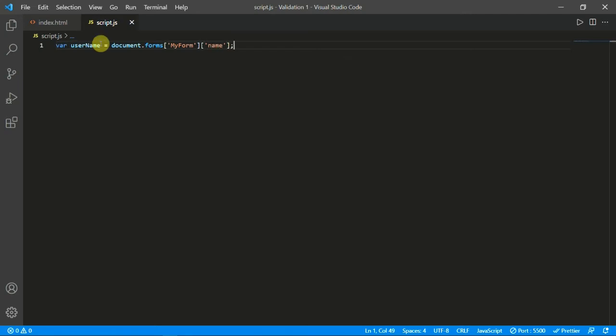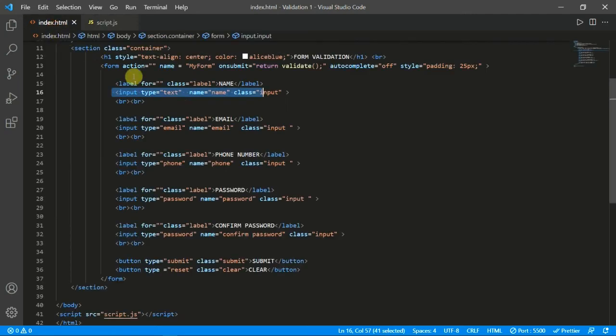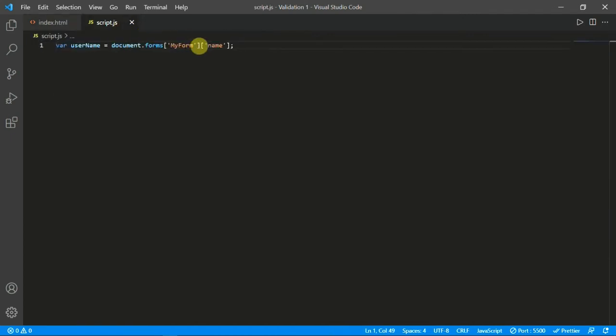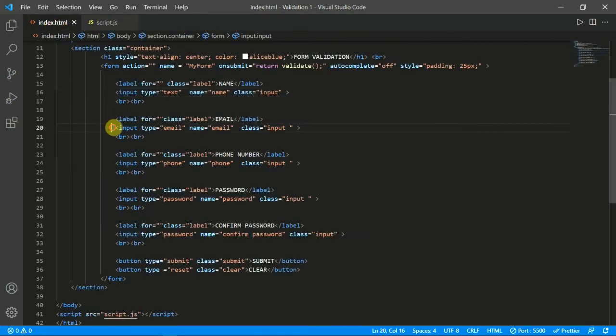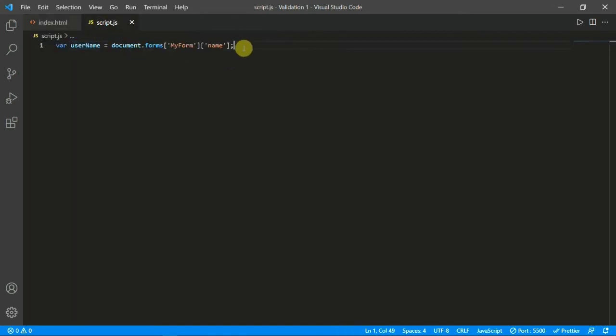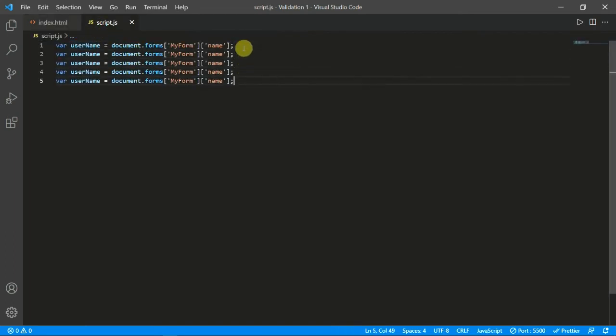This is how we access it. This is a form, and inside the form we have an input box. The form is called myForm and this input box is called name. So we are accessing the name input of myForm into username, so now username has the value of this. Now we'll quickly create variables for all the others.